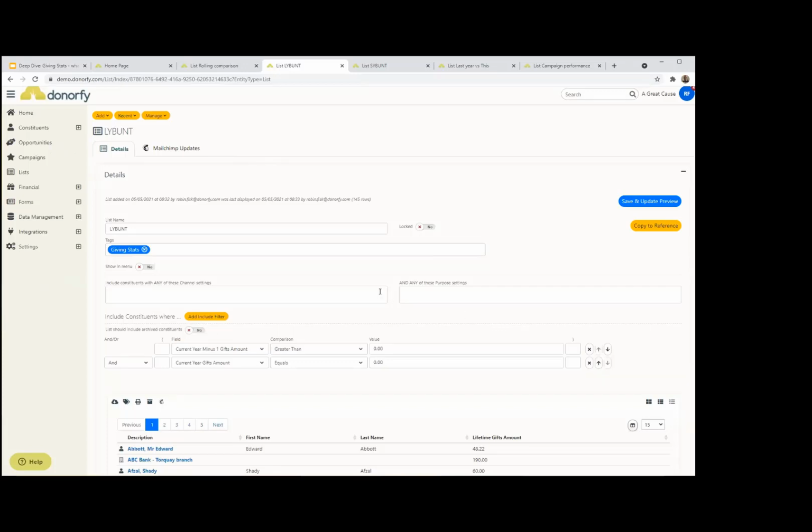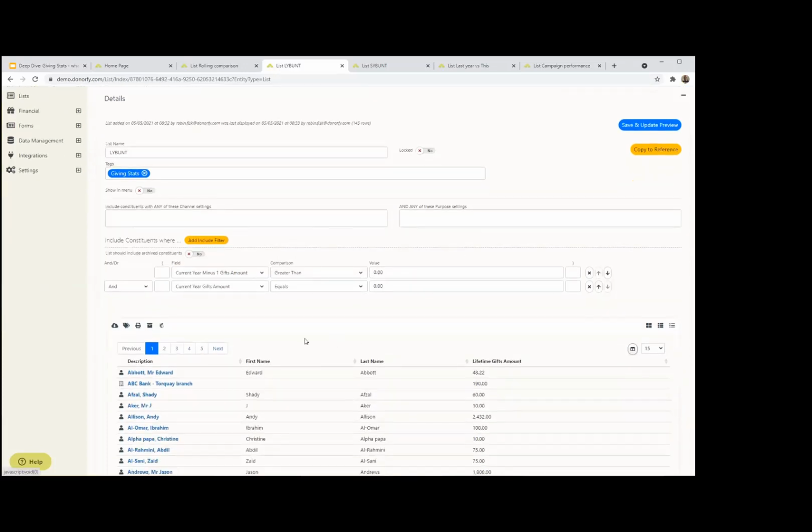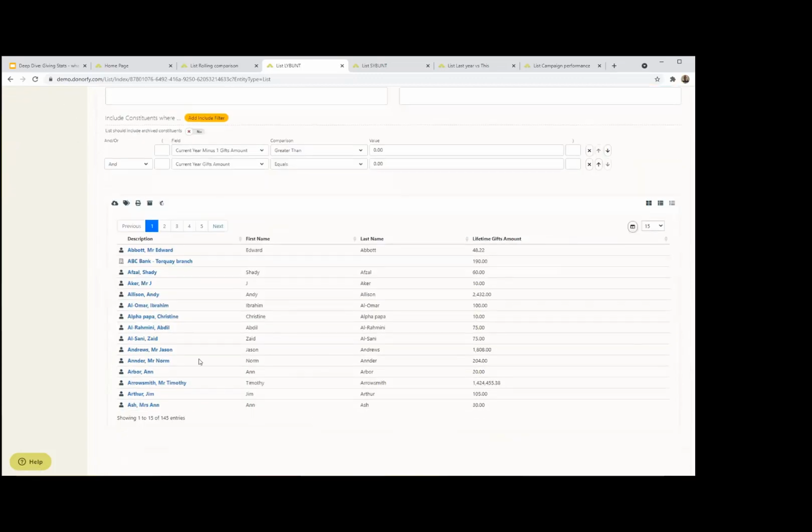And the query now is made very simple because you can do things like this filter, which is current year -1 gifts amount greater than 0. So last financial year, we had something out of them greater than 0, but this financial year, so far it's 0. Okay, and this is our result set. We can then take it from there, send it to MailChimp, download it, print a report,